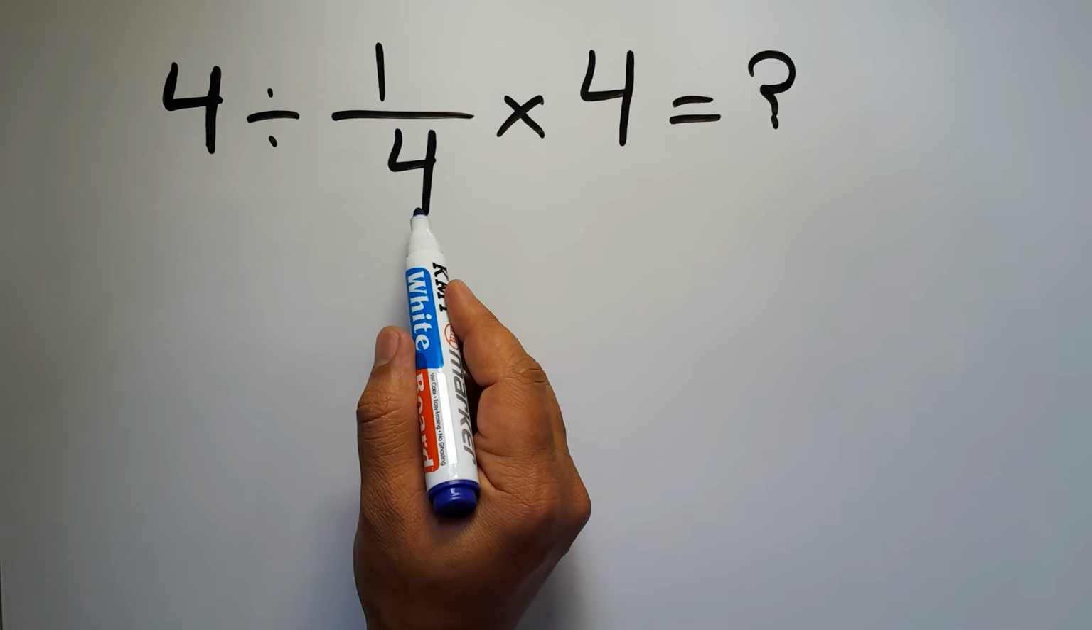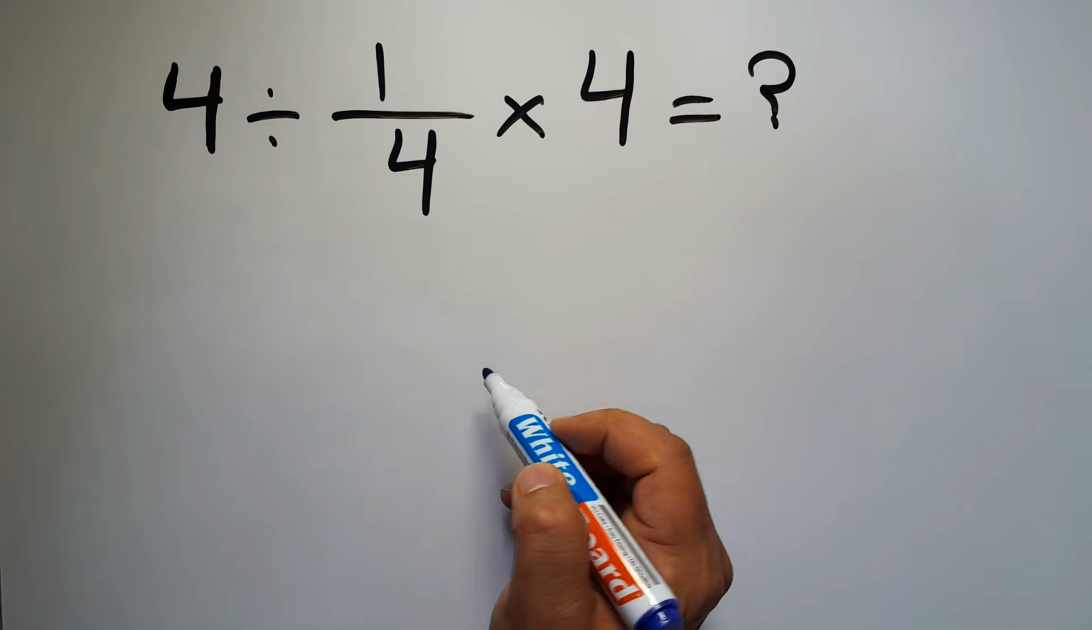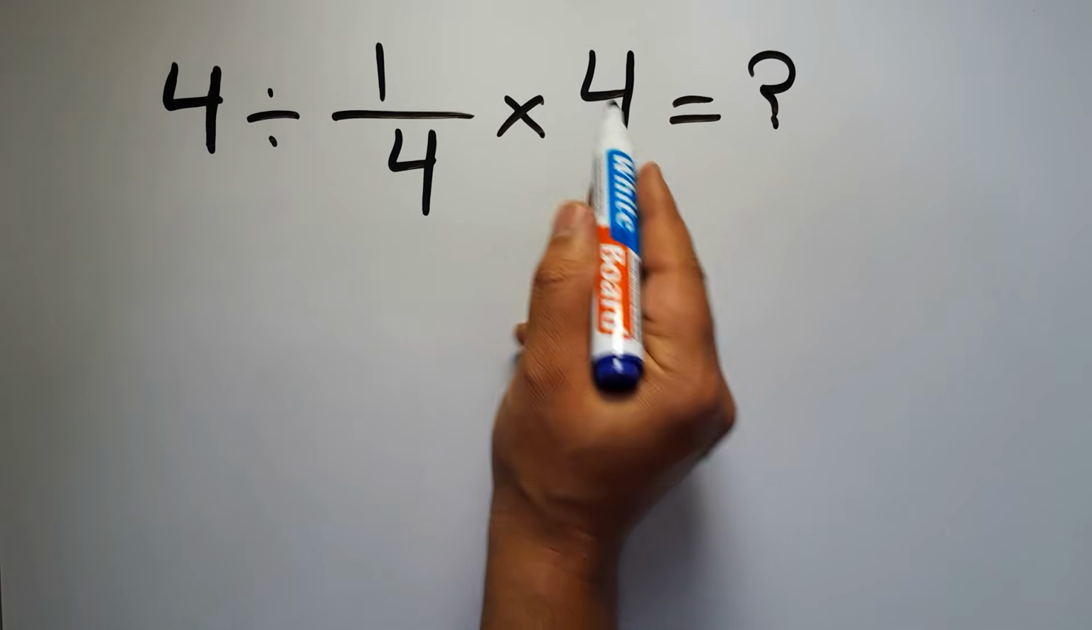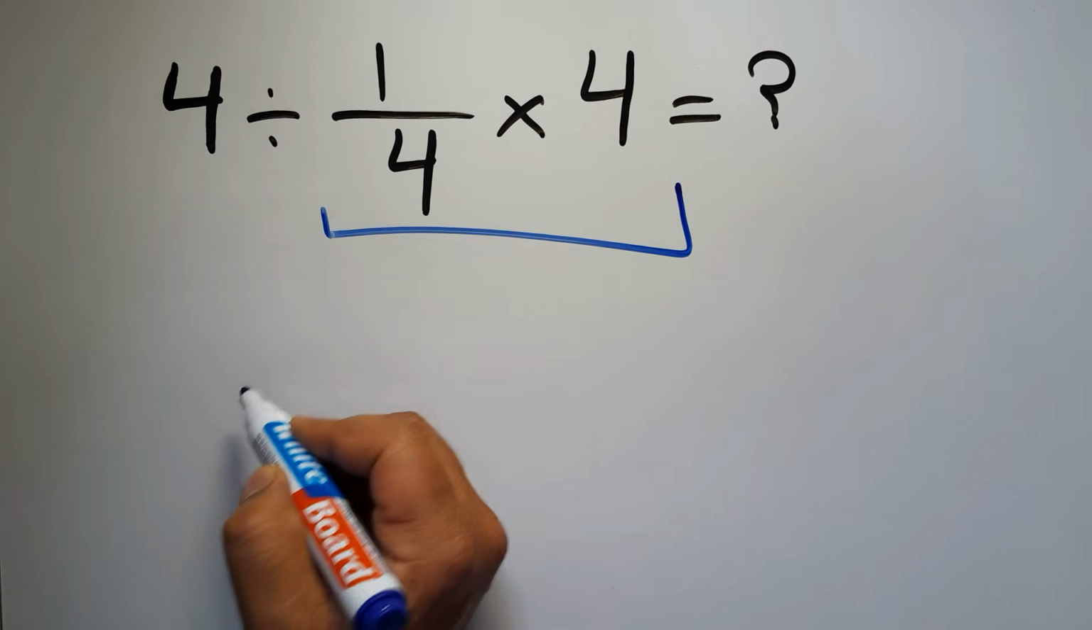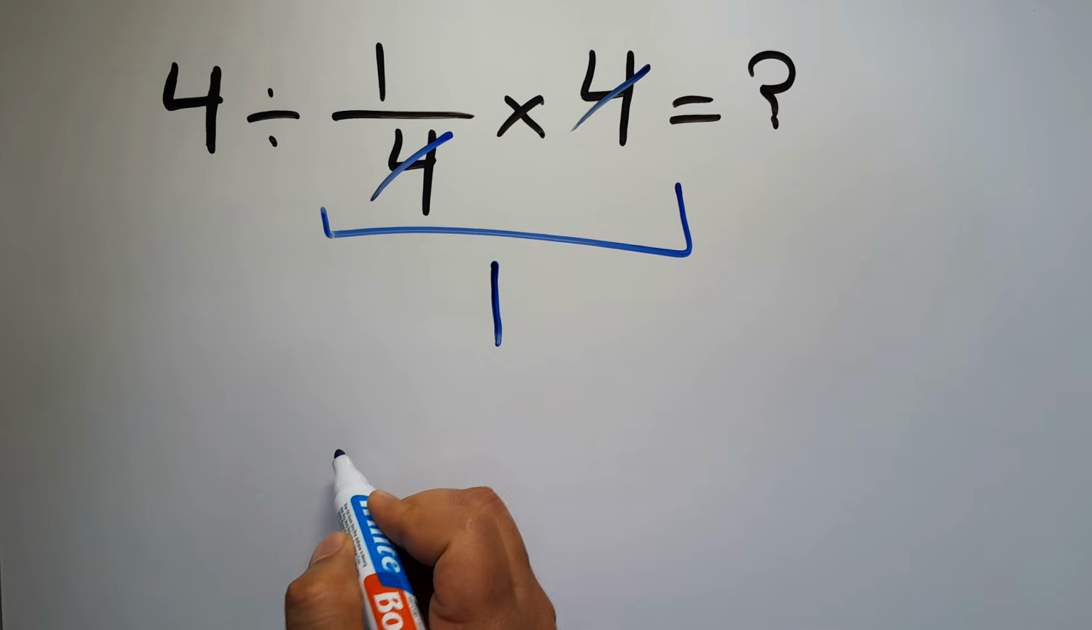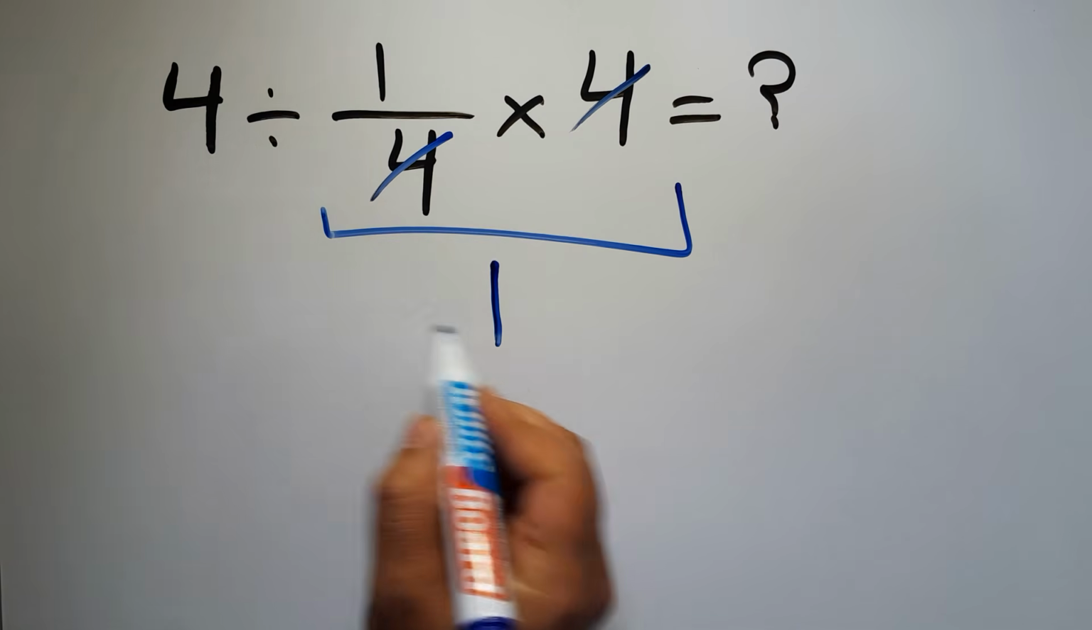4 divided by 1 over 4, then times 4. First we do this multiplication, 1 over 4 times 4. We can easily cancel this 4 and this 4, so here we have just 1. So 4 divided by 1